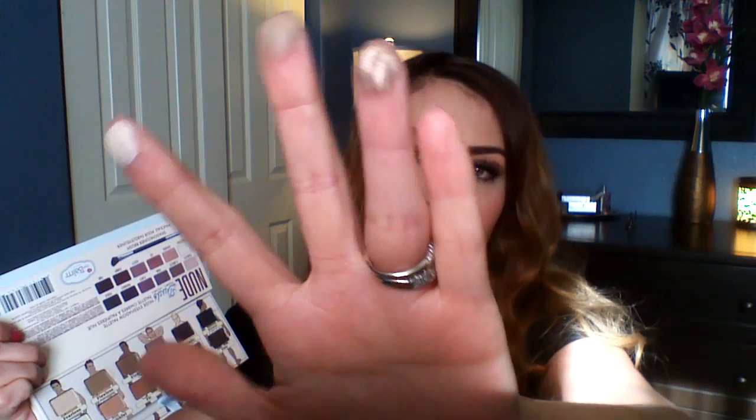Moving on, this next color here is called Firm, and I would say it's a metallic, like a tan gold shimmer shade. The next color here is called Flirty, and I really, really like this color. It's like a lavender with some gold